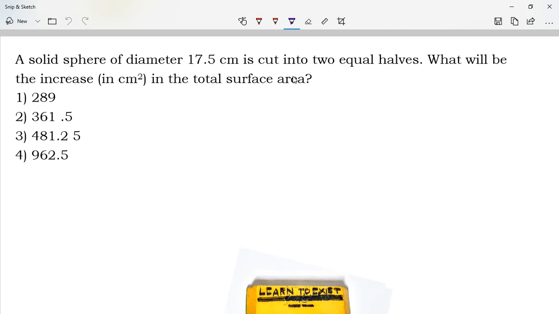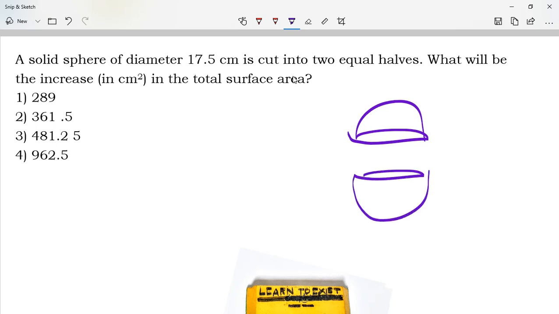Okay, a solid sphere of diameter 17.5 centimeters is cut into 2 equal halves. What will be the increase in total surface area? So if I am cutting a sphere, we'll have 2 hemispheres, right? 2 hemispheres, and the increase in total surface area will be happening over here. We have 2 additional circles here, so the area increase will be 2 circle areas, 2 pi r square, and